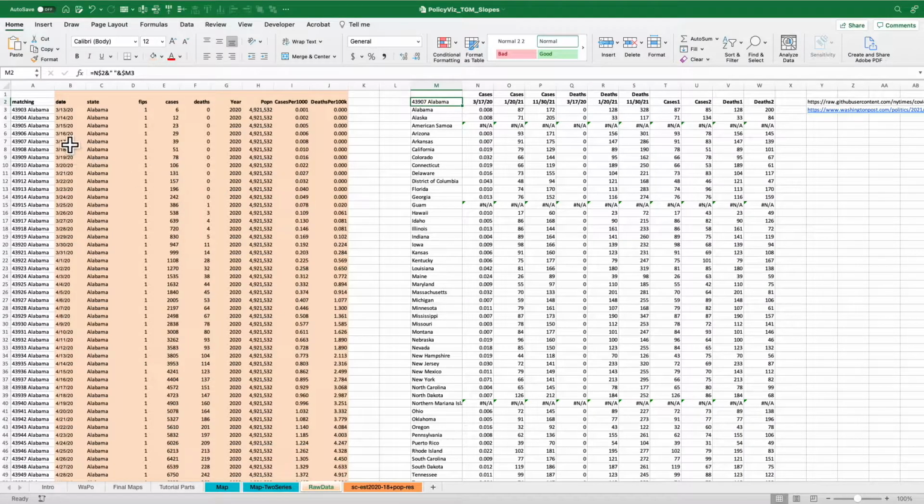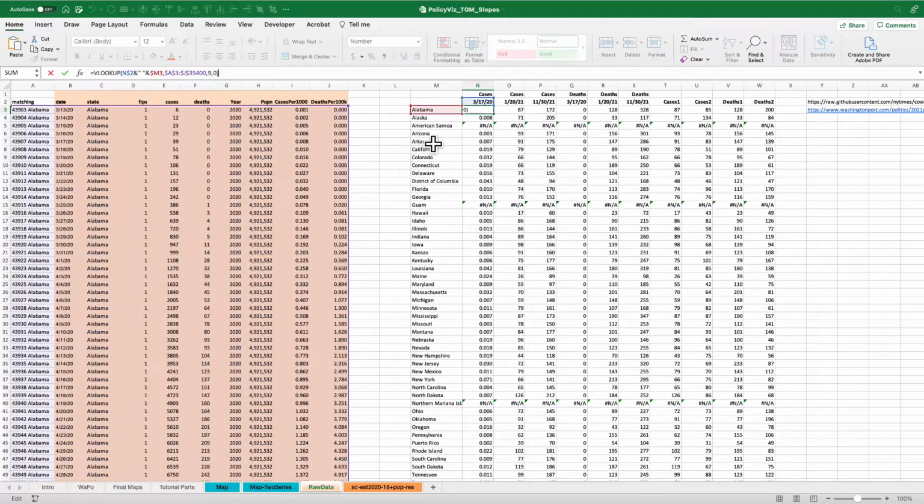table. And so I've set up over here in column A what I just call matching, and that's going to have that same join. So it's the date and a space and the state name. And I just copy and paste that all the way down. So you can see I've got these dates represented by numbers and then the state name, so that when I come over here to my VLOOKUP, Excel looks at the date and Alabama,